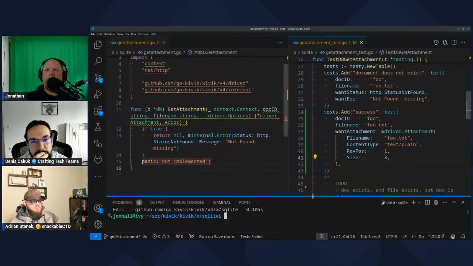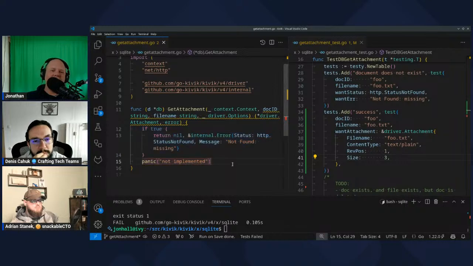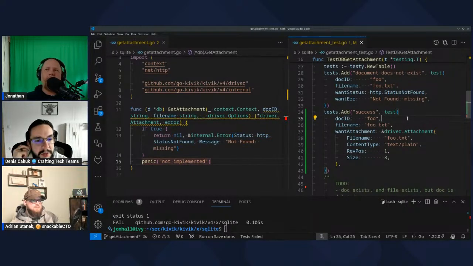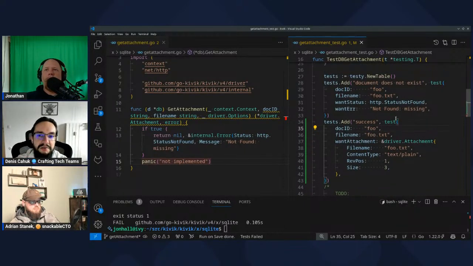One is that our logic doesn't do anything, and the other is we don't have setup yet, so that document doesn't actually exist. But let's write the test so that it counteracts the first failure that we receive. So when the document exists and the file exists, it should return status right. So I think the next step is to add the setup to make that document and file exist. Do you agree? Yeah, but we don't have a name for the test.